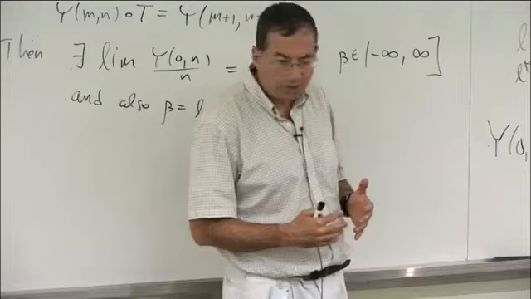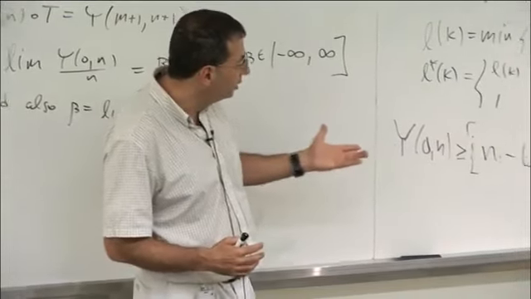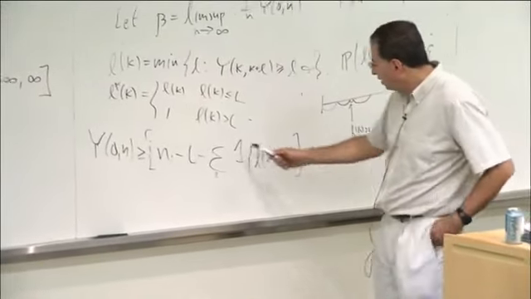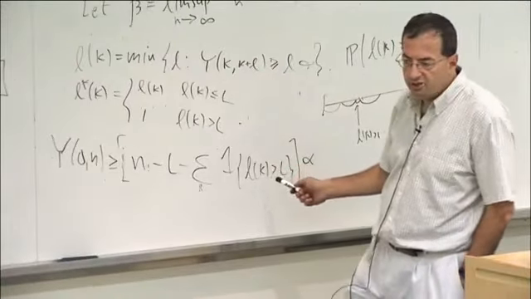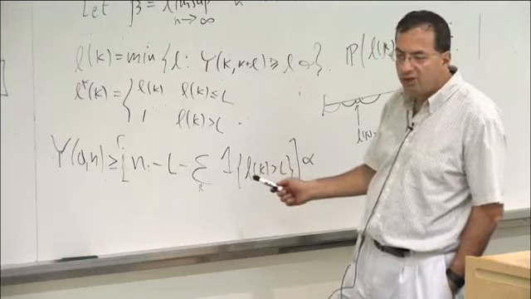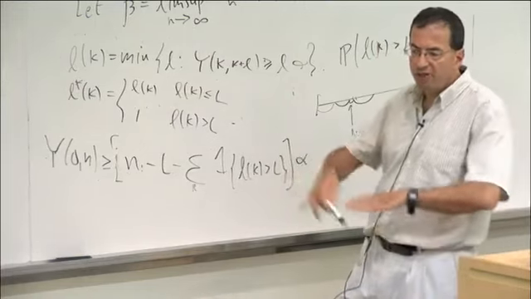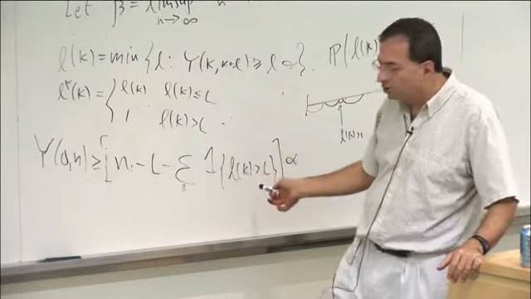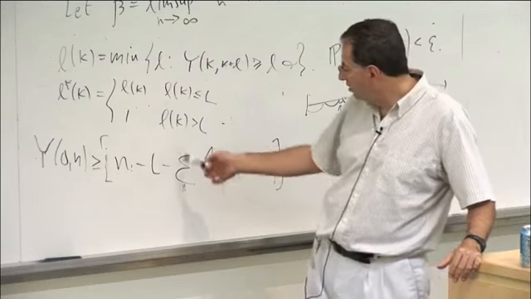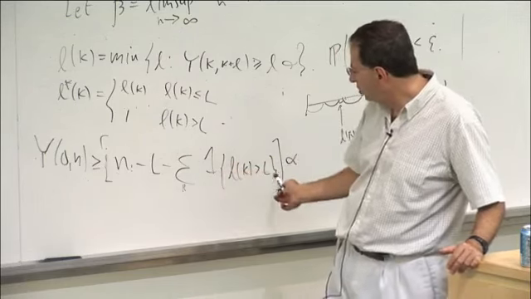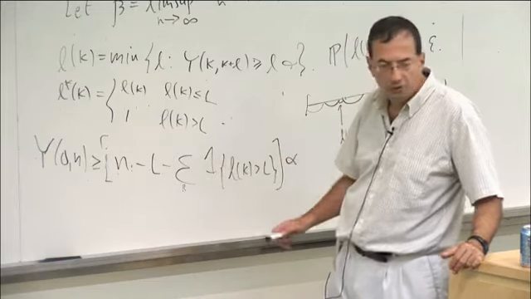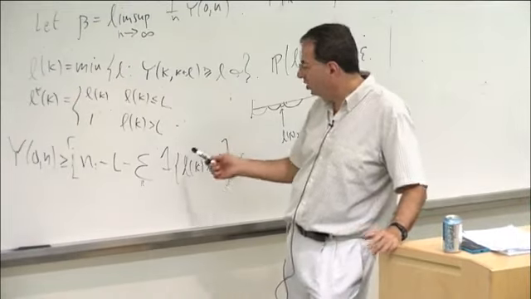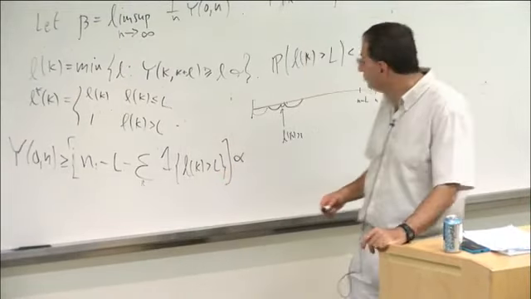That's why we didn't have to go through the same thing, because now when we divide by n and want to take a lim-inf, you see these indicators are just a sequence, because everything is a function of a stationary process. These indicators, you could check, are also stationary. So if we divide by n and take a limit, we know they converge to the expectation of this indicator. That expectation is just the probability of this event, which is small. It's less than epsilon.